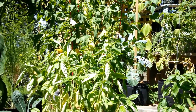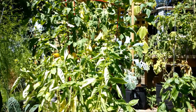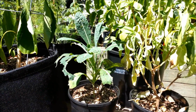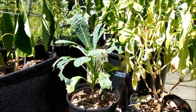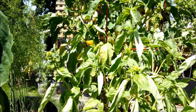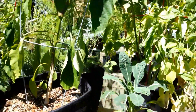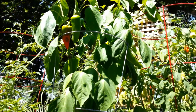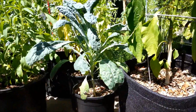More basil. This one's going to seed. And is that a cabbage moth? I've been having problems with my kale and pak choi and broccoli and other cabbage-like things. It's pretty though. There's some kale. And a pepper plant. I started many pepper plants and tomato plants from seed inside, more than I can probably